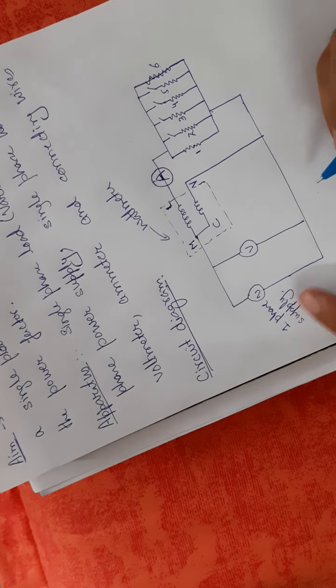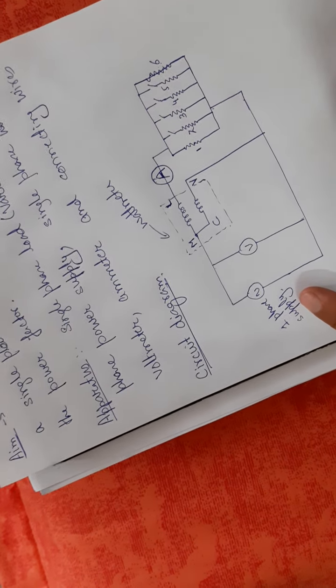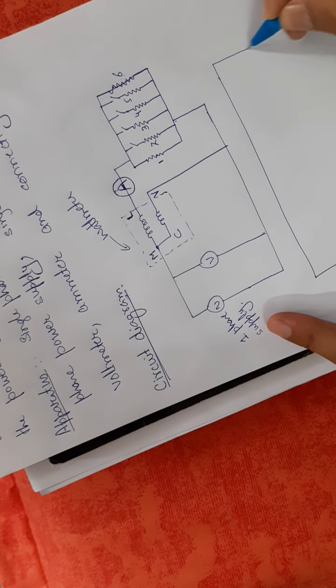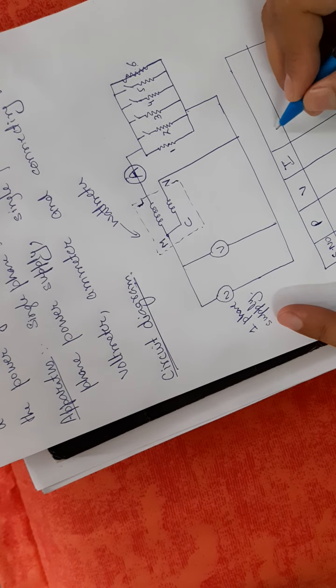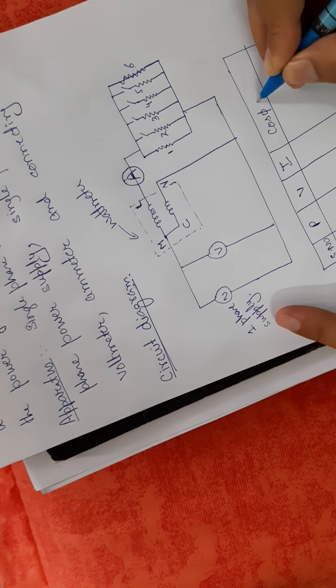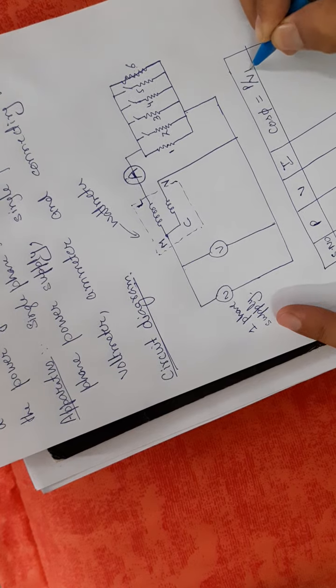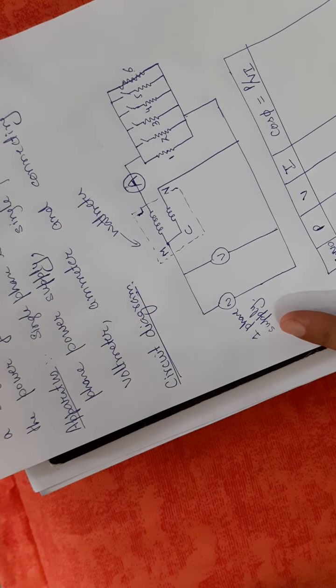Okay, so what you will do, firstly, let me make the table first, because I will take a few readings. The table will be like this. First serial number, how many readings I will take, then measure P, V, I, and here you will calculate cos phi, which is nothing but P divided by VI.